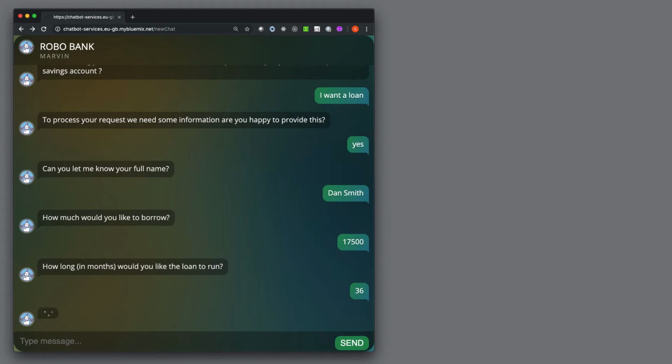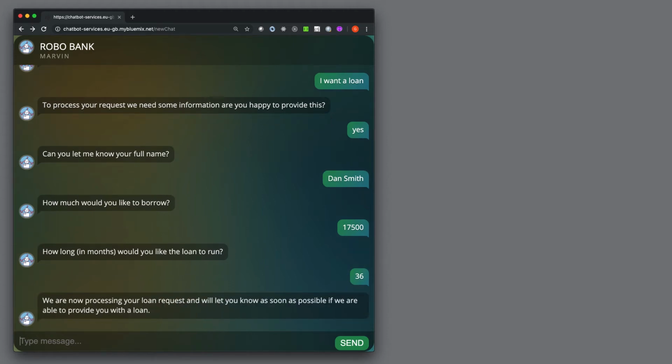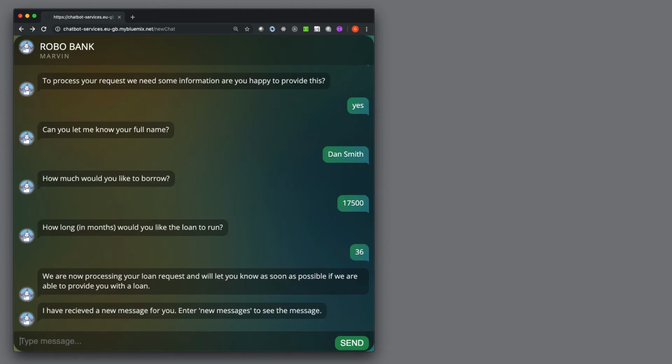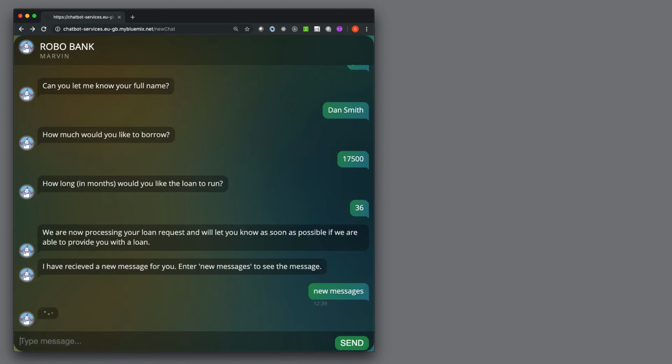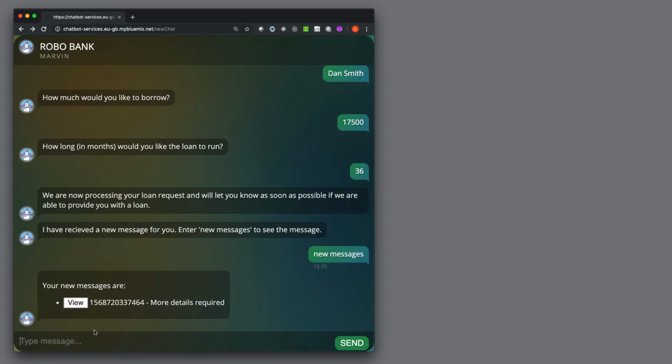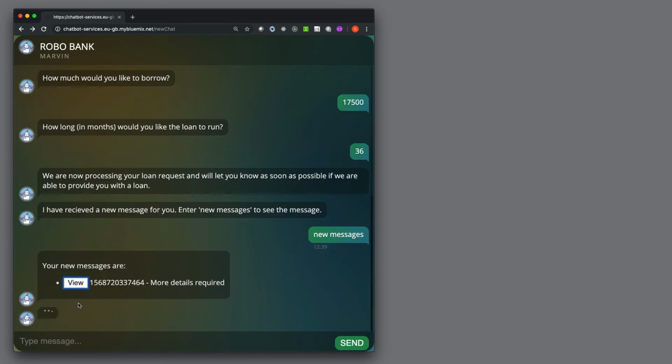We get the response back from the chatbot, saying great, we're processing, and then we'll get the message from the underlying workflow system. So, new messages. See, at this point I could go off and start talking about pet insurance, but the asynchronous nature of the messaging means we're not interrupting that new conversation flow. But I'll stay with the loan application. So, new messages. Now I'm learning that I need to provide more details,